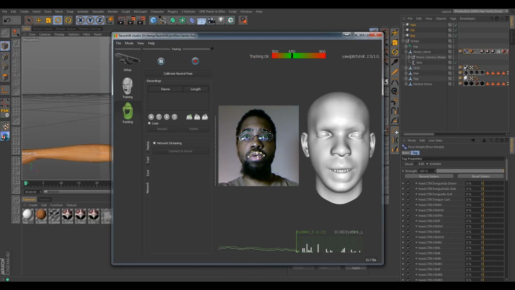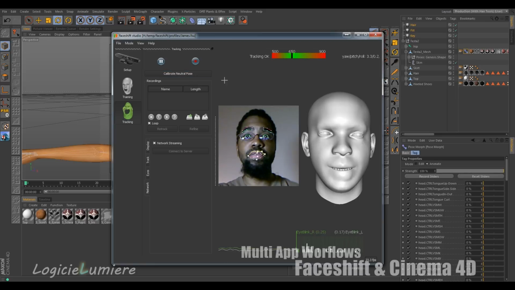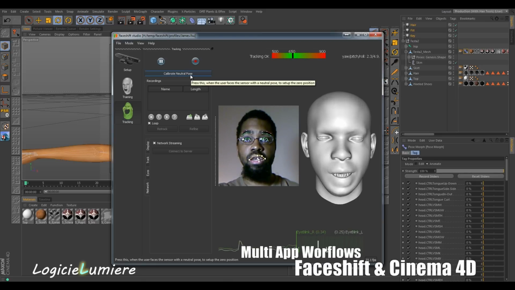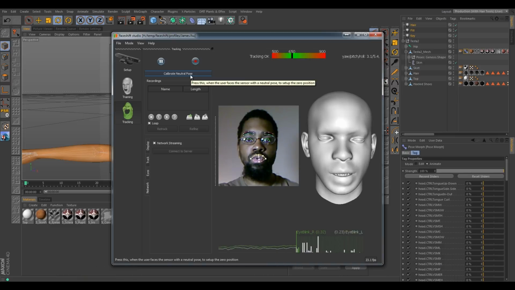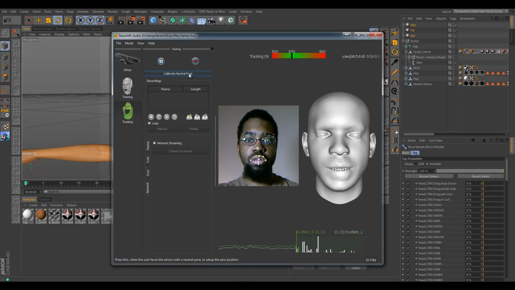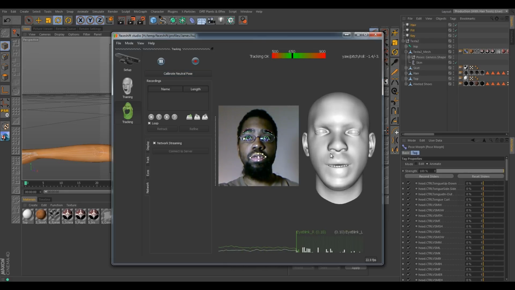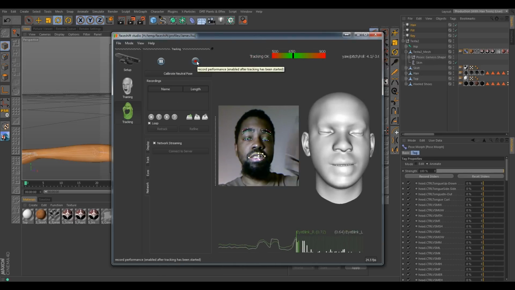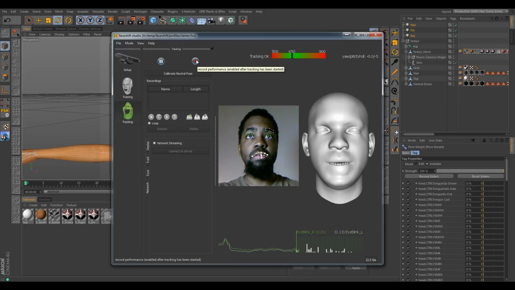But yeah, with this set, we can go ahead and record a quick performance. We can look down at our camera and look right at the sensor. Once we do that, we can calibrate the neutral pose, so that it has an idea of where our head is supposed to be neutrally. Then we can hit the record button as soon as I take my glasses off. I memorized the screen a little bit before I hit the record button, so that I can tell what I'm hitting, because I almost can't see the record button now.